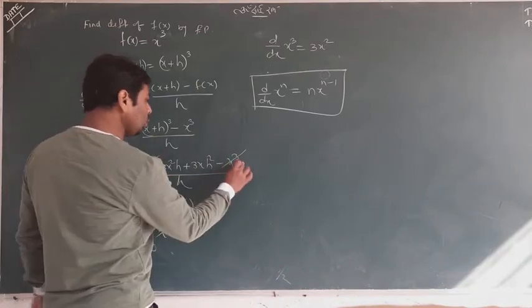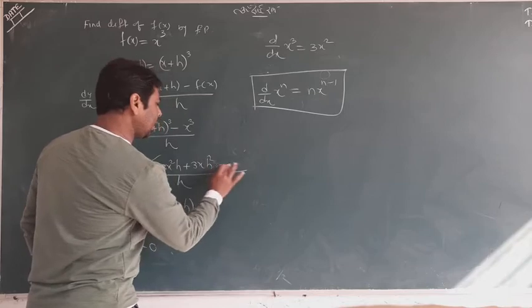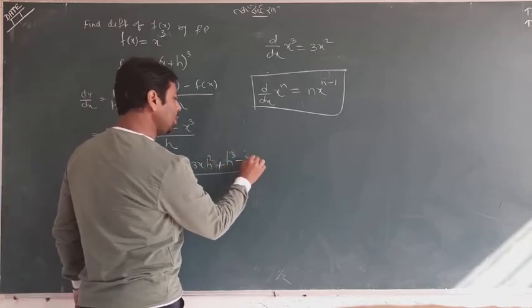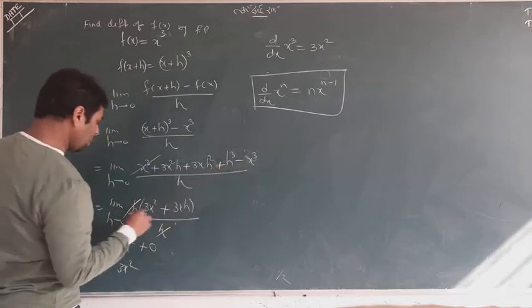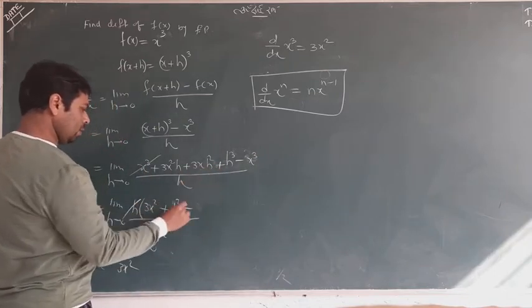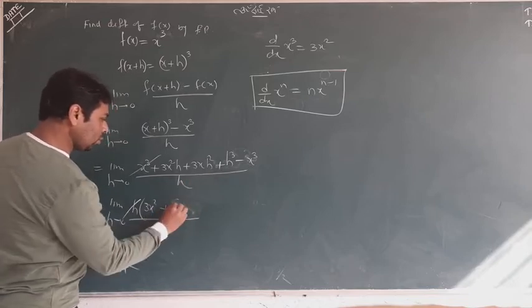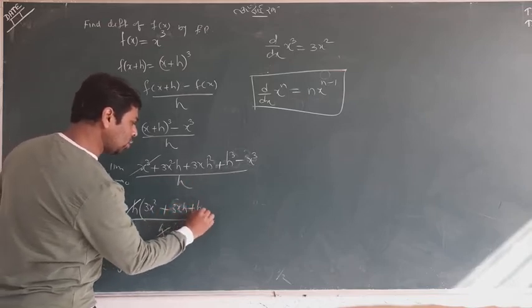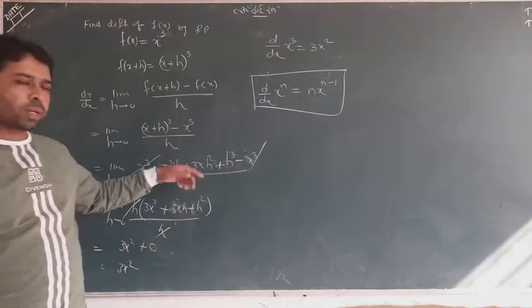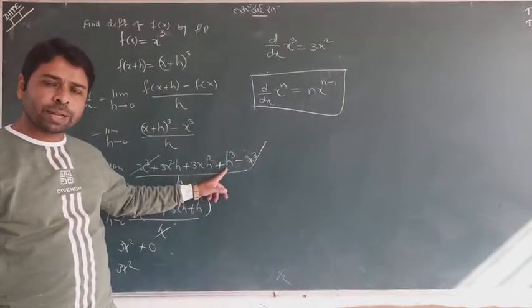Four terms, I think one term was missing. Luckily I have seen it. I am missing h cube, and x cube is at the end. Okay, no matter. When I took h common, it was h square in the middle, and again there was 3xh and h square. These two will cancel. Okay, let's look again. By mistake I left out one step.